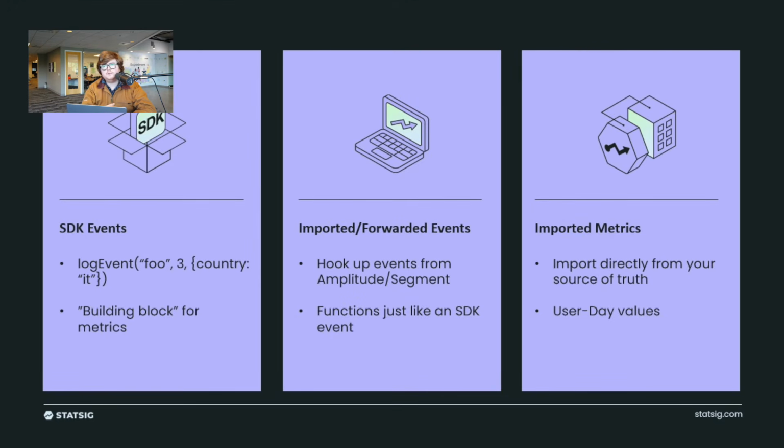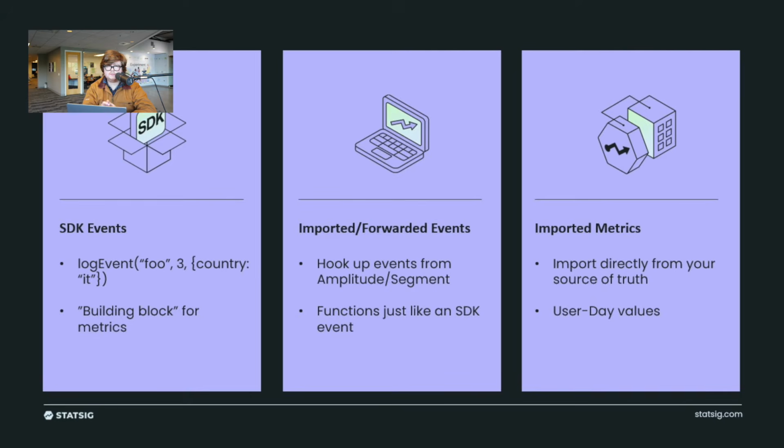The other thing you can do is you might already be collecting these metrics via other sources, so maybe like Segment or mParticle or what have you. So you might already have these events flowing somewhere that you can look at them, Amplitude, Segment, etc. And you can just say, hey, Amplitude or Segment, just also send those to Statsig. I want to see them there too. I want to be able to build things off of them. They function just like if you had logged it directly to us. It's just, did you use our SDK to send it to us or not? And the same exact way, they'll function as a building block for your